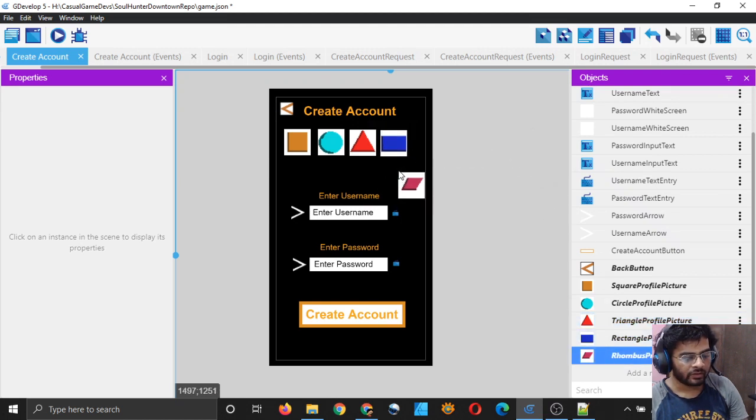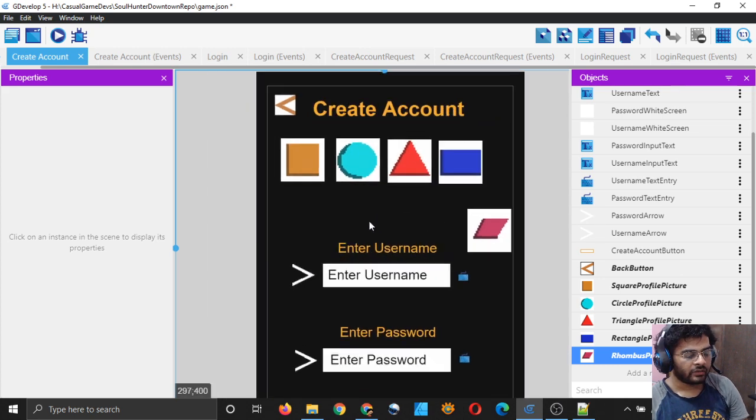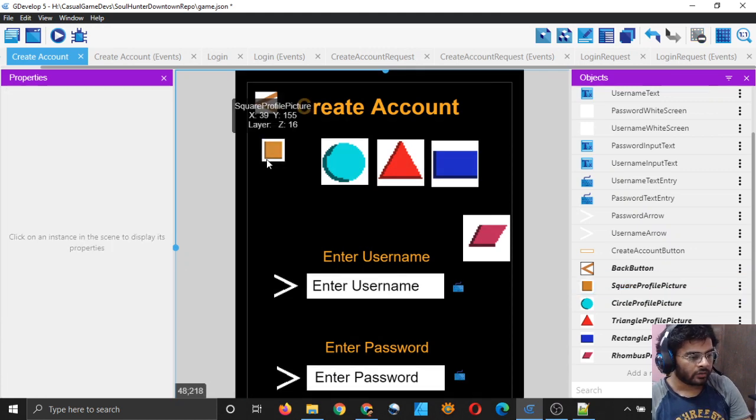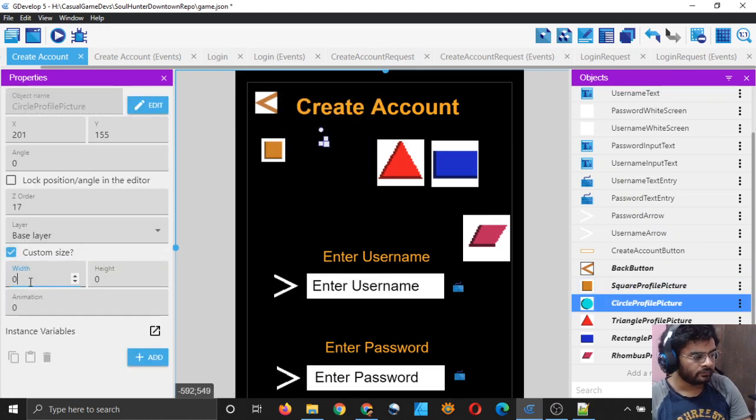I'll simply drag these here and I will change the width and height custom, and in the size right now I think they are 128 cross 128. I will do 64 cross 64. Yeah, so that looks good, and do it for all of them.